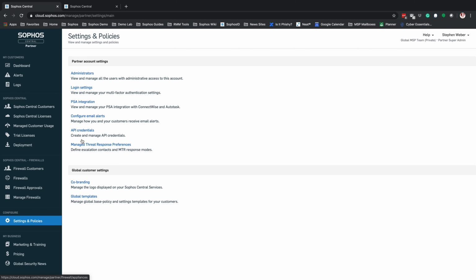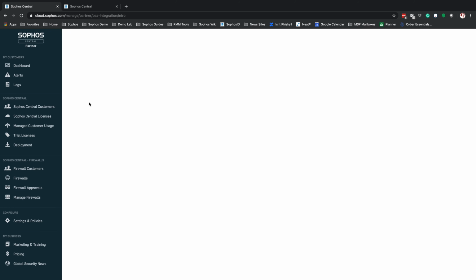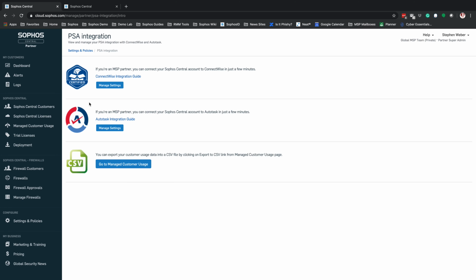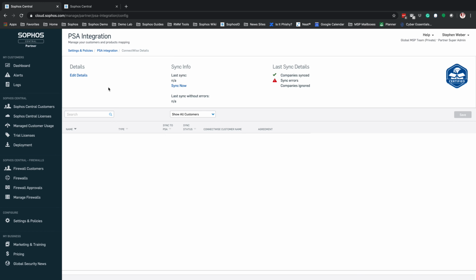If you select PSA Integration, you're going to be brought to a screen that's going to show you your setup or getting started for ConnectWise, as well as your getting started for Autotask. There will be the integration guides associated with both of those. And this option here for managed settings would actually be a getting started. So if we click into the managed settings,